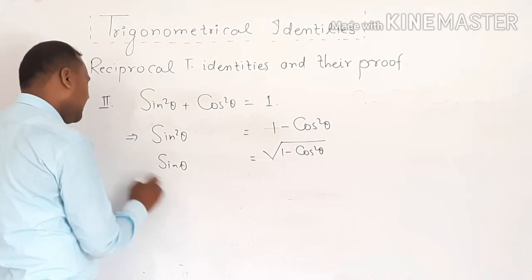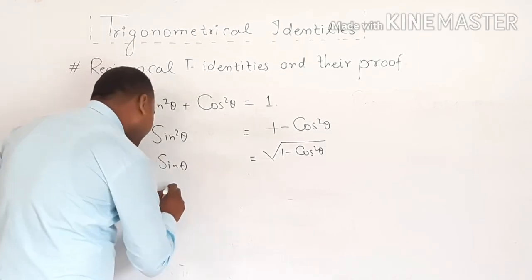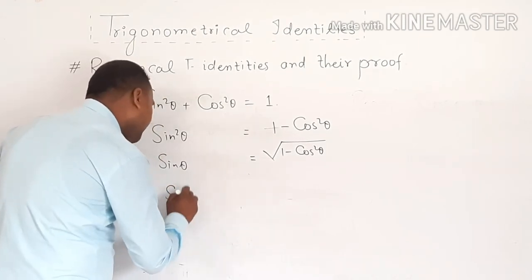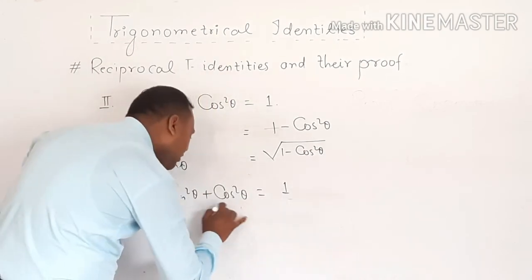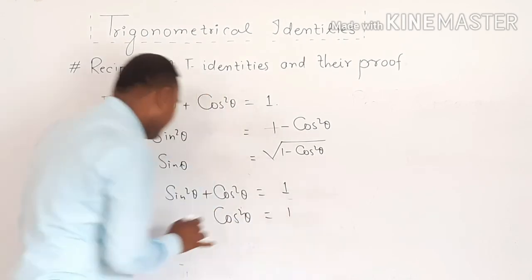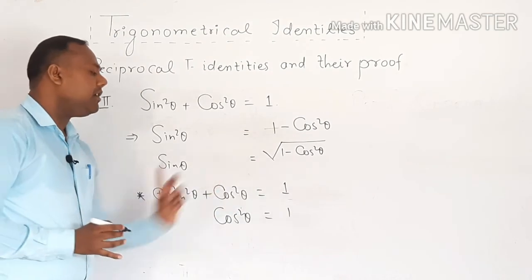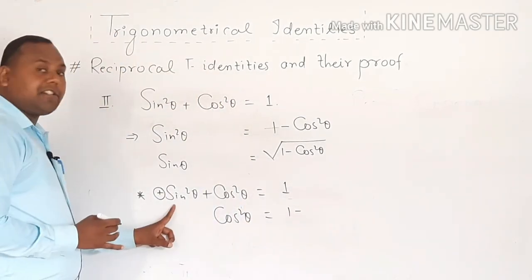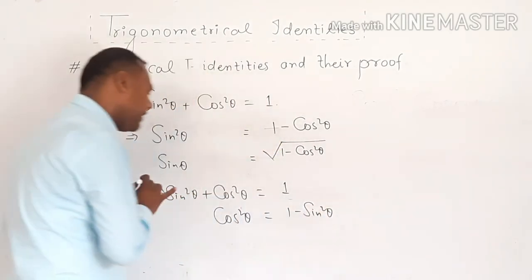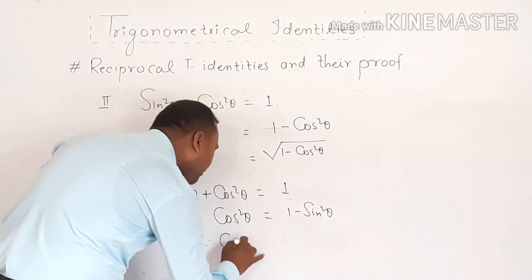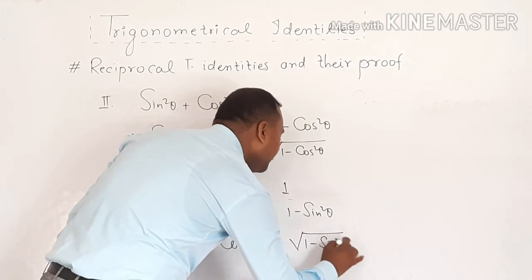And if we derive it in the cos format, that means we can say that sin square of theta plus cos square of theta will be equal to 1. That means cos square of theta will be equal to 1, and this has a plus sign and it will be changed into the minus sign. Why so? Because it changed its side. That means 1 minus sin square of theta. That means we can say that cos theta will be equal to root under 1 minus sine square of theta.